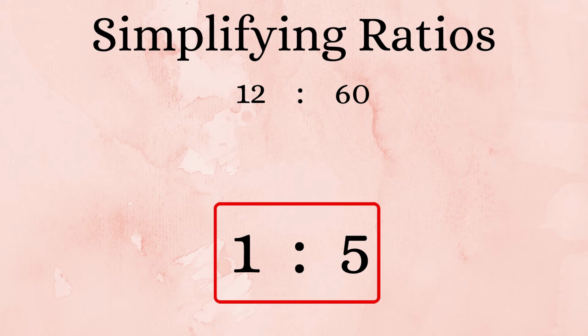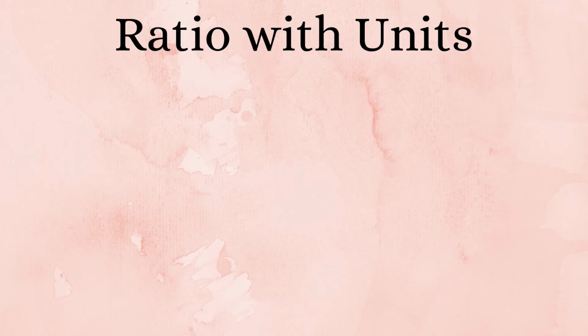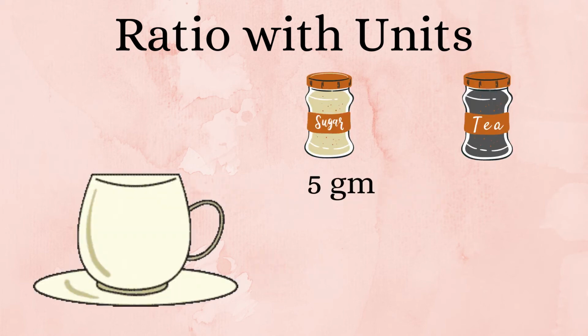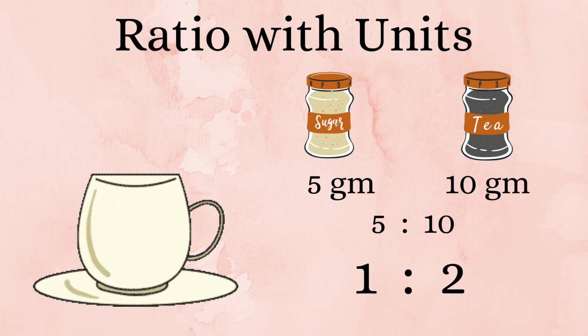Finally, let us check out some ratios that involve measurement. We'll start with the unit of mass. Let us say to make a cup of tea, we need 5 grams of sugar and 10 grams of tea dust. The ratio here is 5:10, or after simplifying, it is 1:2. Let's check out